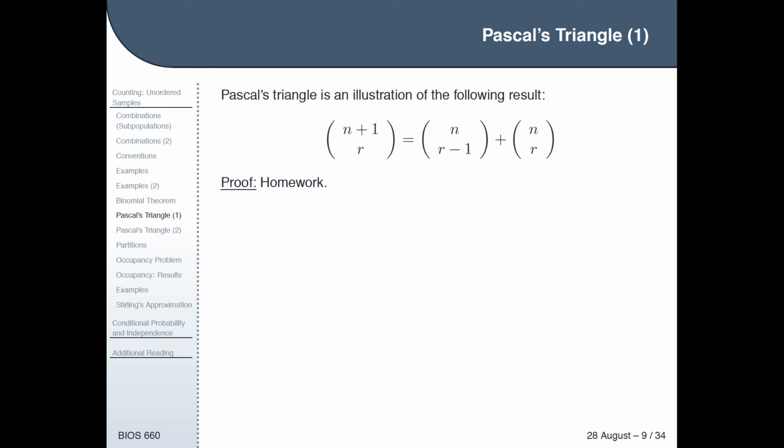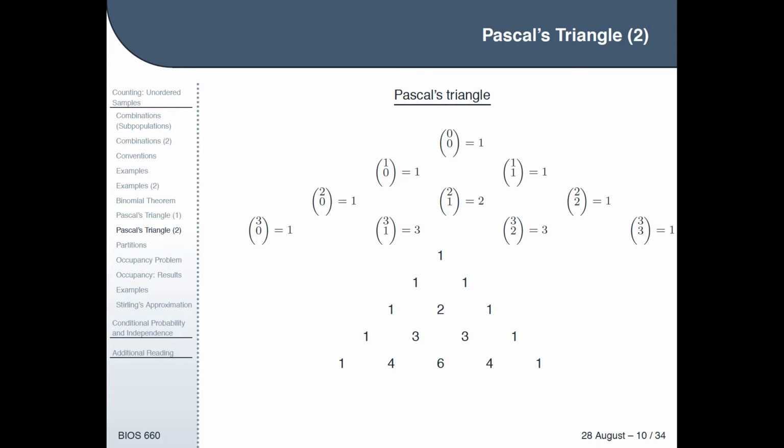And I probably should have switched the order of these next two slides. The Pascal's triangle that I'm going to show you in the next slide is an illustration of this result. You can show n plus 1 choose r is equal to n choose r minus 1 plus n choose r. Again, it's a good induction proof that will be in the next homework assignment. And the reason this theorem is kind of famous is because you can do this kind of cool triangle thing where you just write